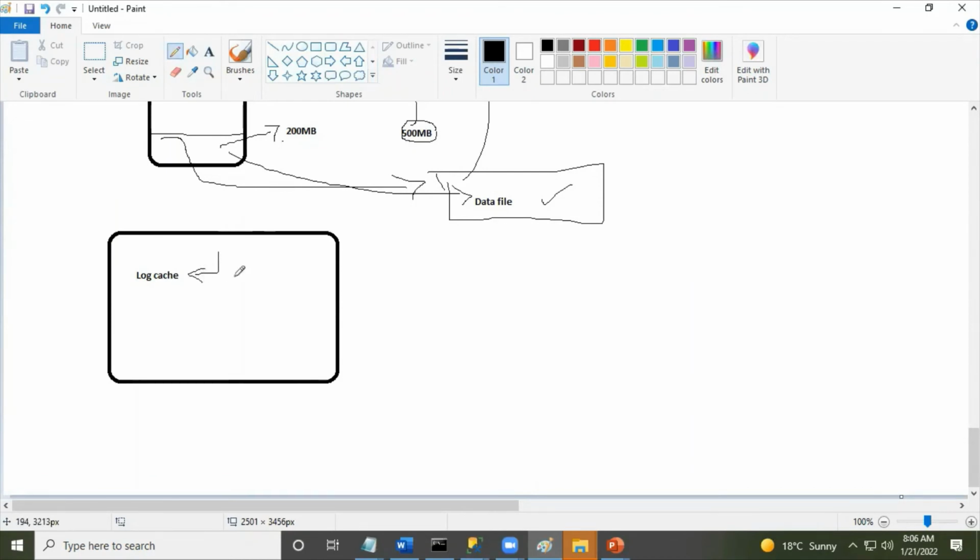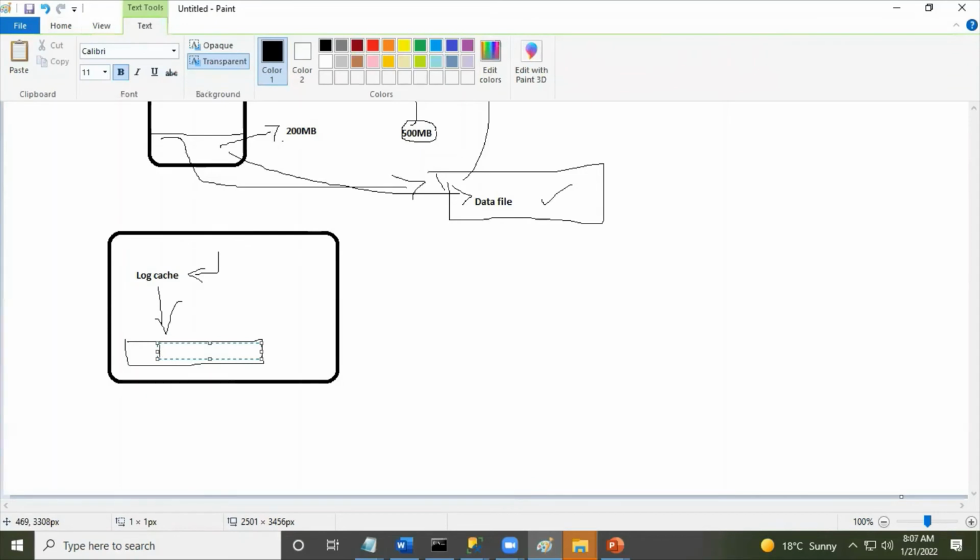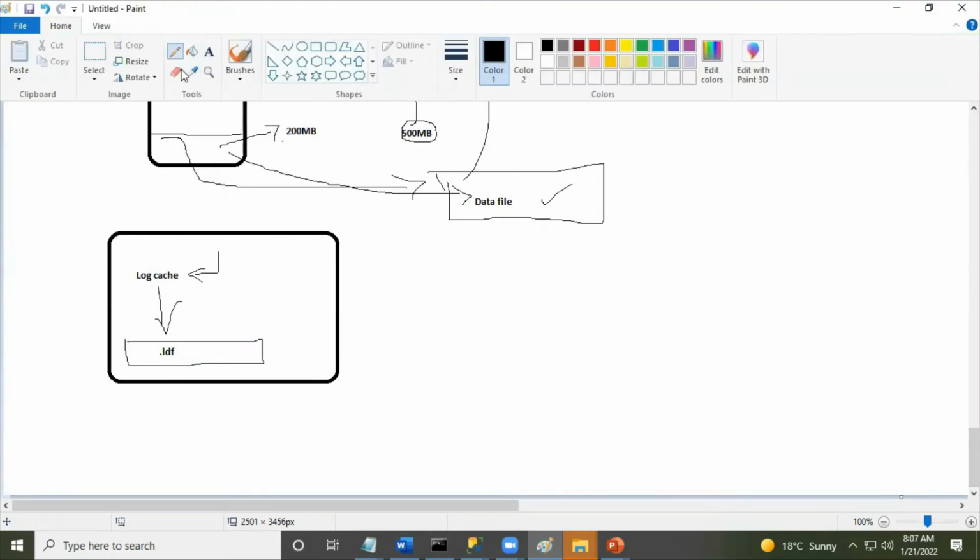From the log cache, it is written to the transaction log file, that is your LDF file. So the modifications are written to the log cache first, which is in memory, and a separate log writer thread